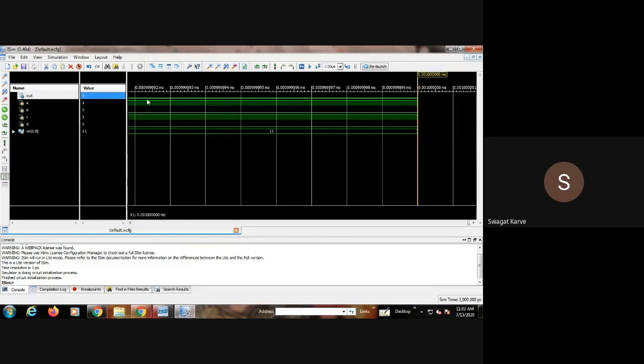For example, if you are going for the VHDL code, or if you want to go for the VHDL module, then simply select the VHDL module. If you want to go for a Verilog module, then simply select the Verilog module. Depending upon which programming language you want to use, you have to select that module, and finally you have to check the output status. Means you have to verify your design by writing a test bench code. Clear with this?